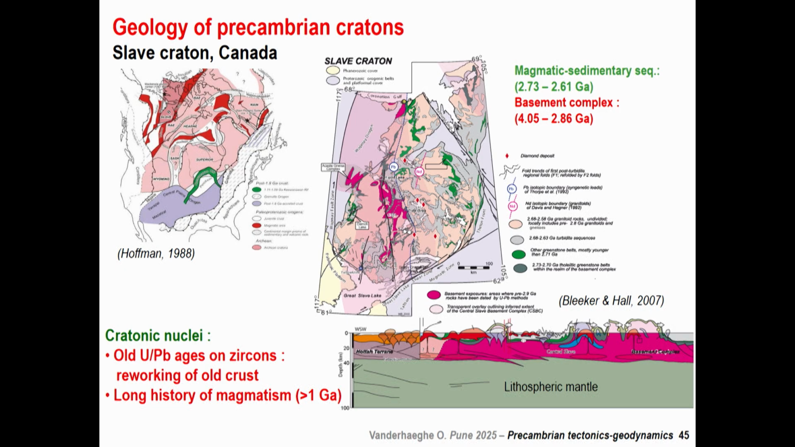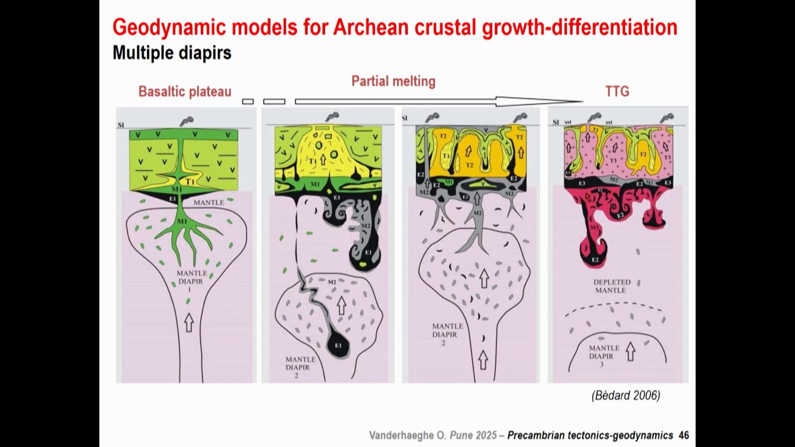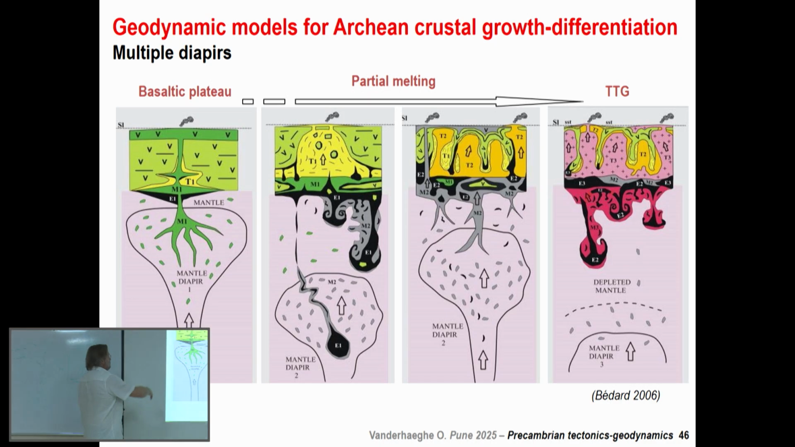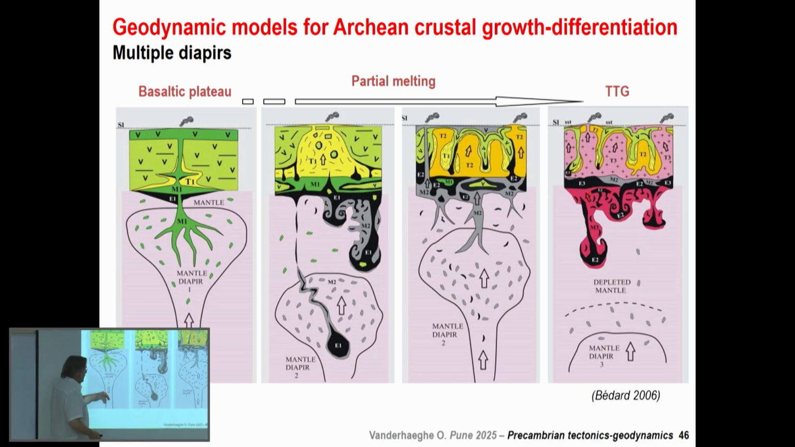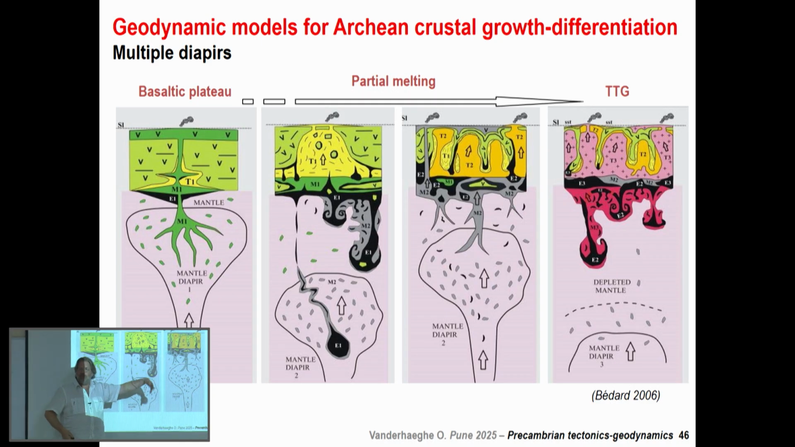So people have tried, and I'm not going into the details, but there's a continuous geochronological record from 4 to 2.8. It's not like this 4 and then 2.8. It's 4, 3.9, 3.8. There's a continuous record of that. So people have invoked multiple diapirs, mantle plumes, to explain that long-standing high temperature and repeated events, to explain the repeated